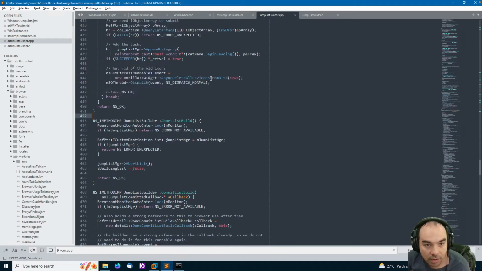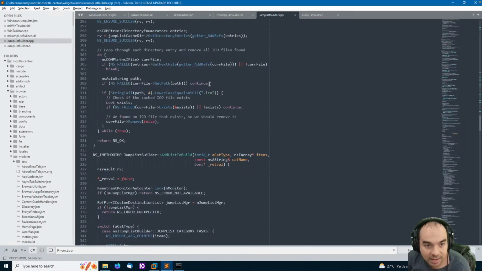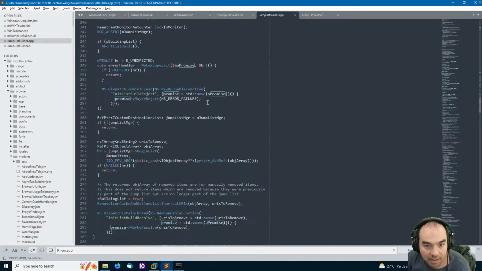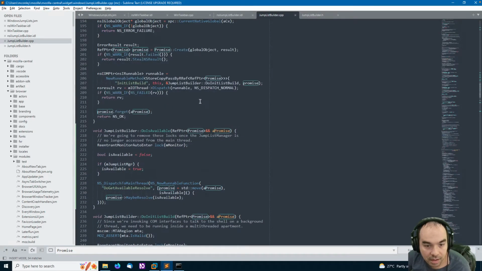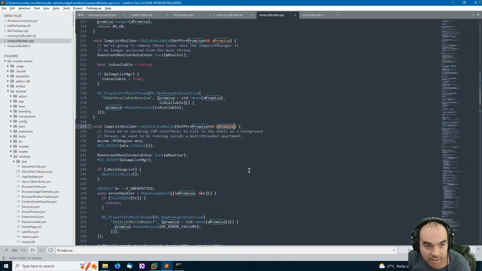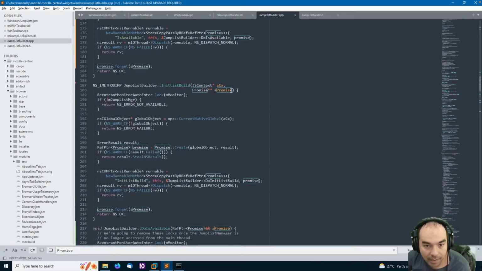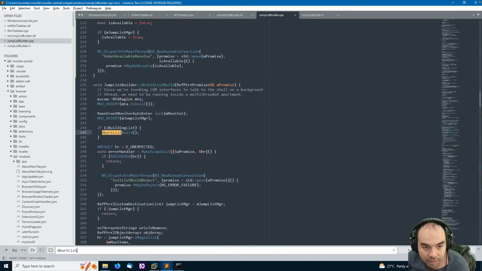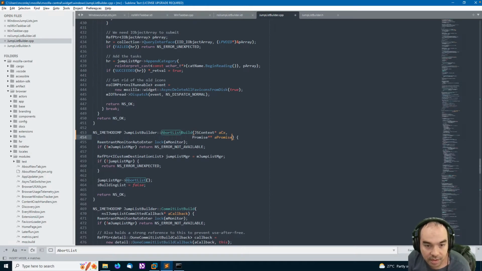Okay, so what we want to do first is, there's a JS context being passed as arguments to this method now, and there's also going to be, oh yeah, a promise. So a promise can be null in this case. So that's important to know. Yeah, this is going to be the signature. Abort list build. This is going to be the signature.